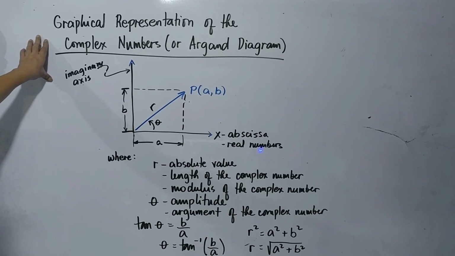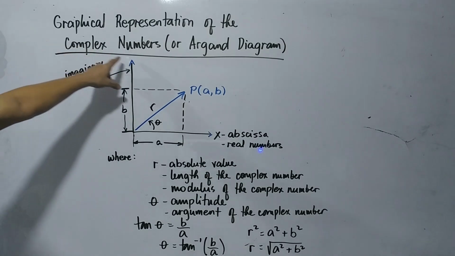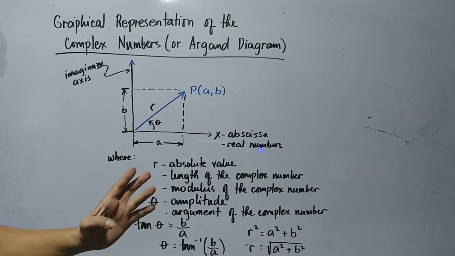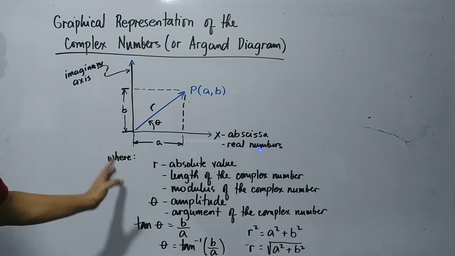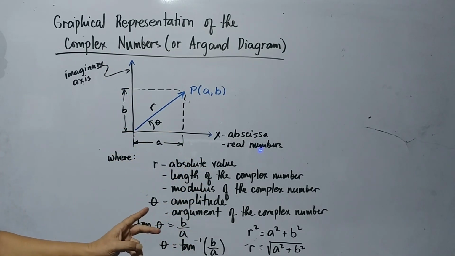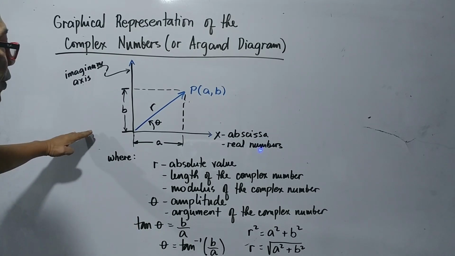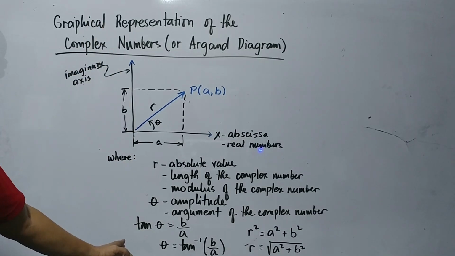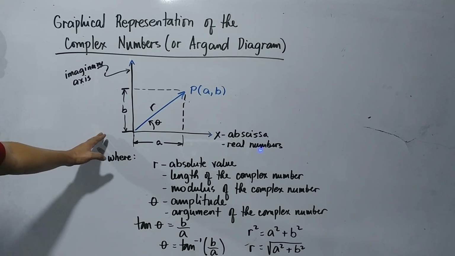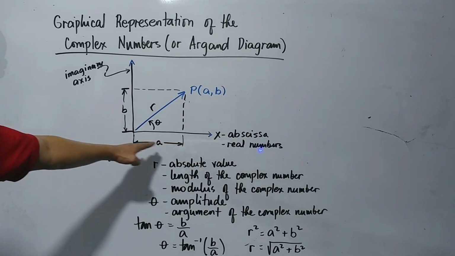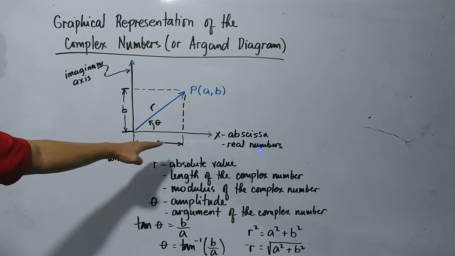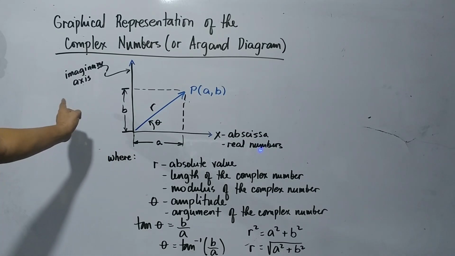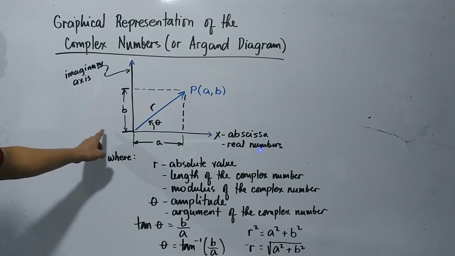So our topic is the graphical representation of the complex number, or what we call the Argand diagram. In your previous mathematical subjects, you studied the x and y axes, the two-dimensional axes, where you consider the horizontal line to be the x-axis and the vertical line to be the y-axis. Here, you consider the horizontal line as your abscissa axis, and the y-axis is now called the imaginary axis. And here you have the r